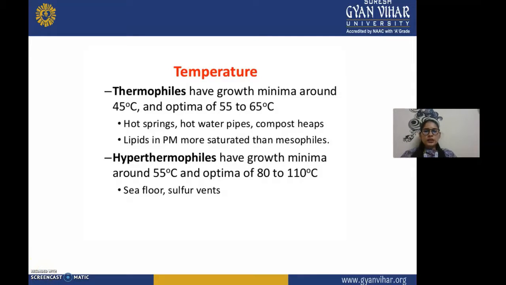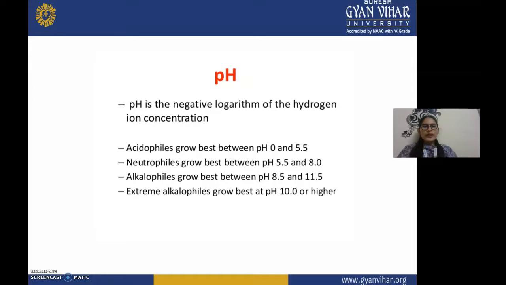So now next we have hyperthermophiles. Hyperthermophiles have growth minima around 55 degrees Celsius and optima of 80 to 110 degrees Celsius, like in sea floor and sulfur vents. Now when we talk about the physical pH, pH is the negative logarithm of the